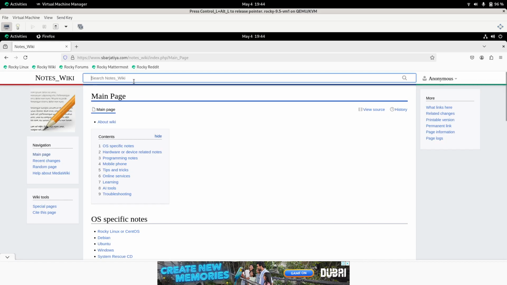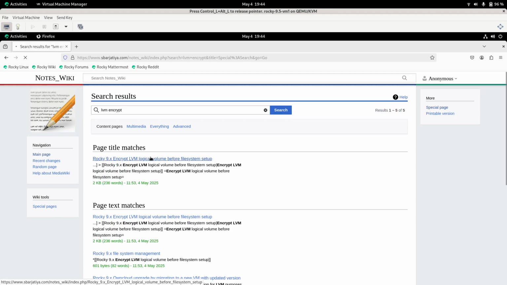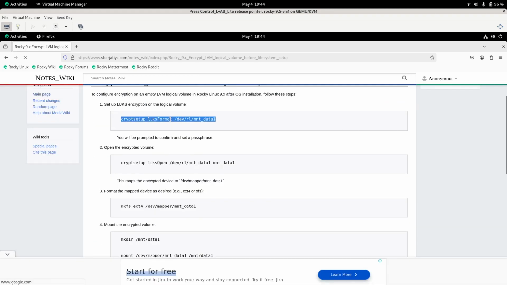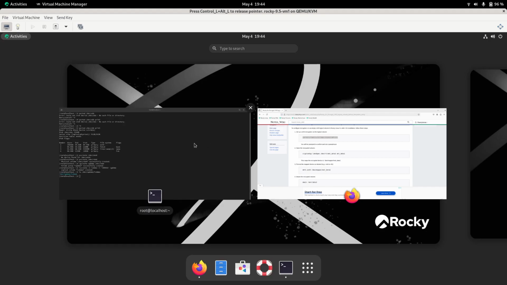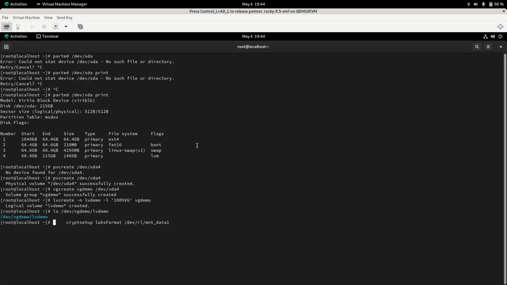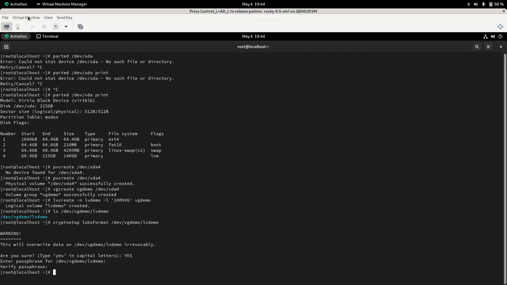We will go to a wiki page where I have captured steps about LVM encryption. So we have to start with this, and we have to adjust our values based on our current environment. So in our environment, I have /dev/VG demo/LV demo. We have to write yes and choose a passphrase. Now it is setting it up. Once this is done,